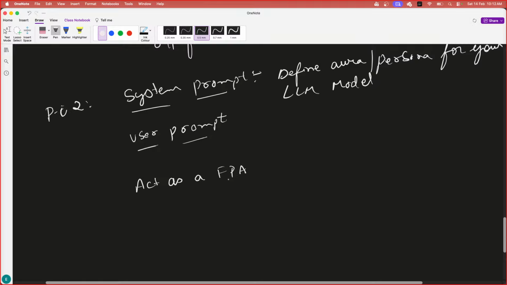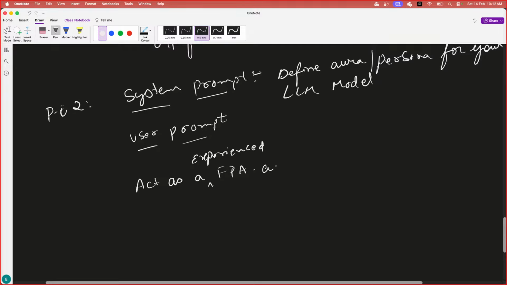Now FPA can be a fresh FPA who just passed that particular exam, even he is an FPA. But the person who just passed the FPA has a different expertise or life experience than when I compare to the experienced FPA, right? Both have different perspectives on the same topic. So here I want to hear from the experienced person. So I say act as an experienced FPA,